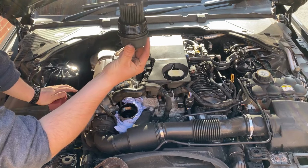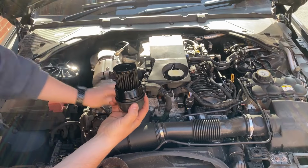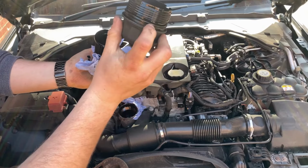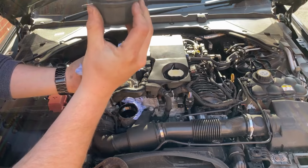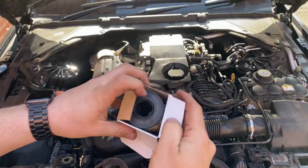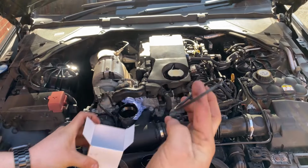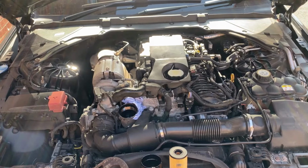So there we go, there is your oil filter. Now all you need to do is just pull it off like so, and then also in your oil filter box there will be a rubber seal which I'll grab now and we'll get that replaced. Okay, so I've got the new oil filter here. Inside the box is our new cartridge and our new O-ring. So what I'm going to do now is just grab a flathead screwdriver